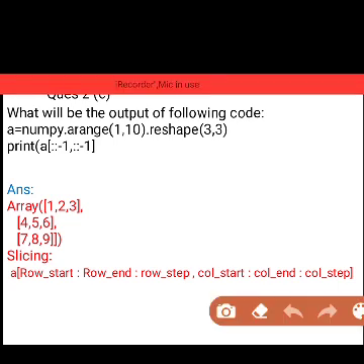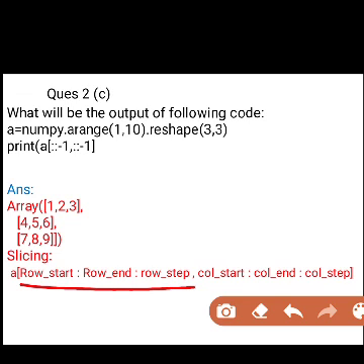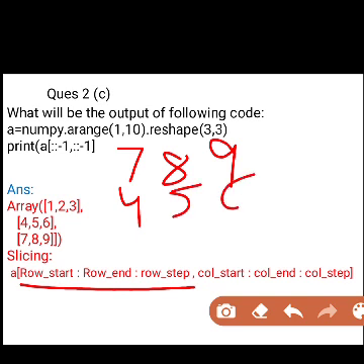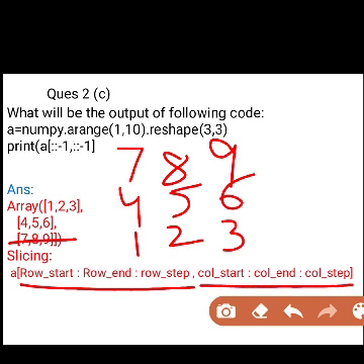First, from starting to last row it will print in reverse order. So what will be the result? 7, 8, 9, means the last row will become the first one, next this row, and next this row, means the order of rows is changed. Now you have to change the order of columns also, because here also you have to print in reverse order.